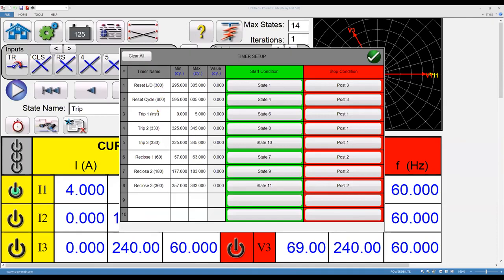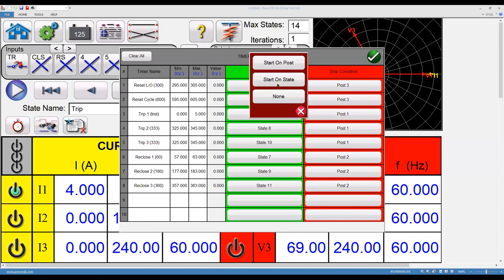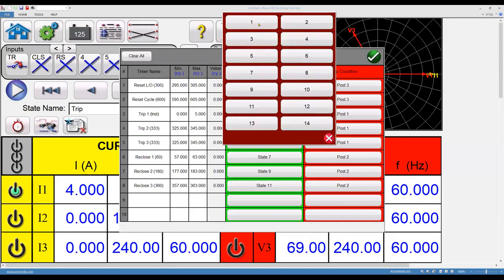The desired time I just put in parentheses right here just for my visual reminder. Okay, for each of these timer names and timer configurations, notice that I put in minimum and maximum. After we run the test, the actual value will show up here. But for each one of these, we have to tell it, what do you do? We have to tell it, when do you want to start? We found that it's best to start on a state. So as you enter the state that has that function needed, you just select what state do you want to